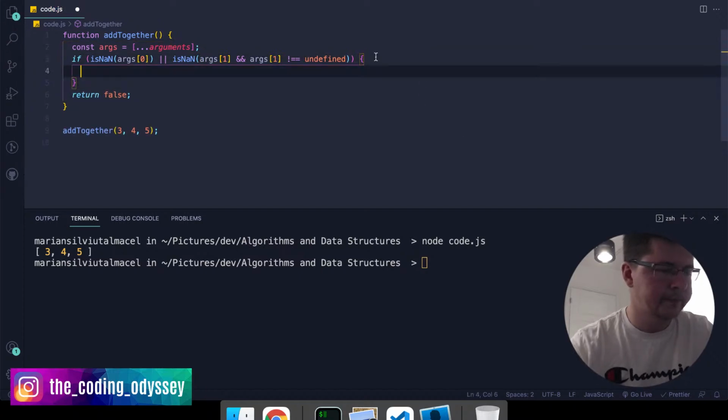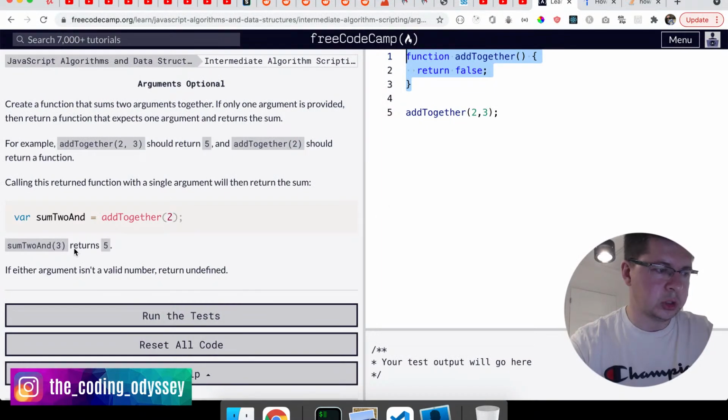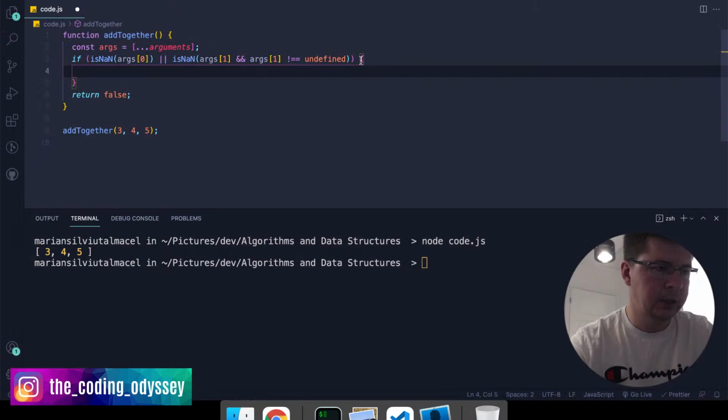So if either the first argument is not a number, or the second argument exists and is not a number, which is basically this, then we want to return undefined. So return undefined,